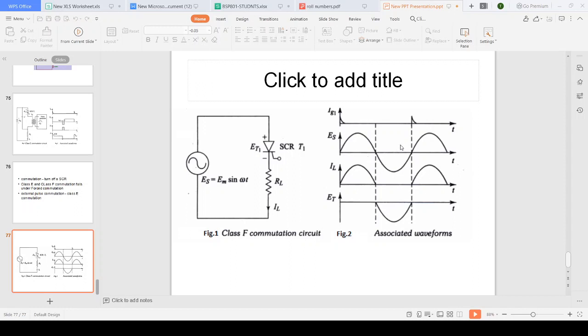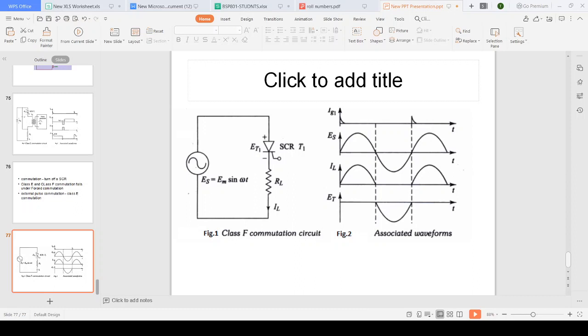It is called the negative half cycle because it is below the x-axis, in the negative region. During the negative half cycle, the value of current IL is 0. It means no current flows through the SCR, so the SCR is automatically turned off, having 0 current value. This is the method to turn off an SCR.